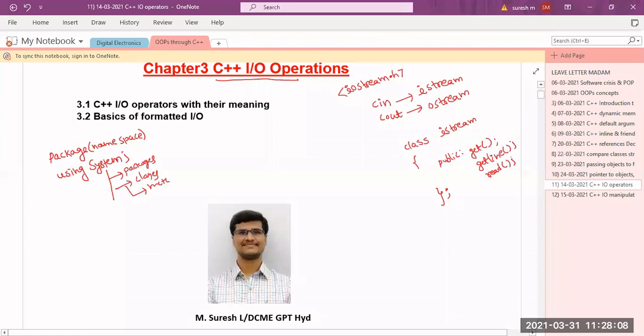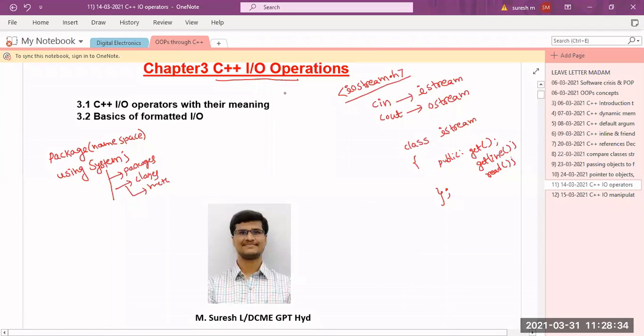That is nothing but a package, a library. Just like in college we have a library which contains different types of books related to a particular thing, in the same manner this is a package or library which will contain all the related classes. I put all related classes together in a package, and a group of sub packages together in a library. That is what we call a namespace there. In the same manner, here the header file is like a namespace. This header file contains all the different types of classes.